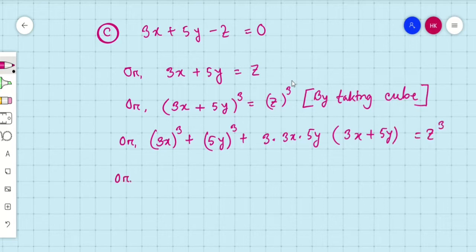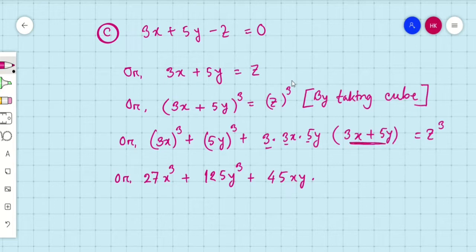Or here we can calculate like 3 cube means 27x cube plus 5 cube means 125y cube plus 3 times 3 is 9, 9 times 5 is 45, 45xy, and then 3x